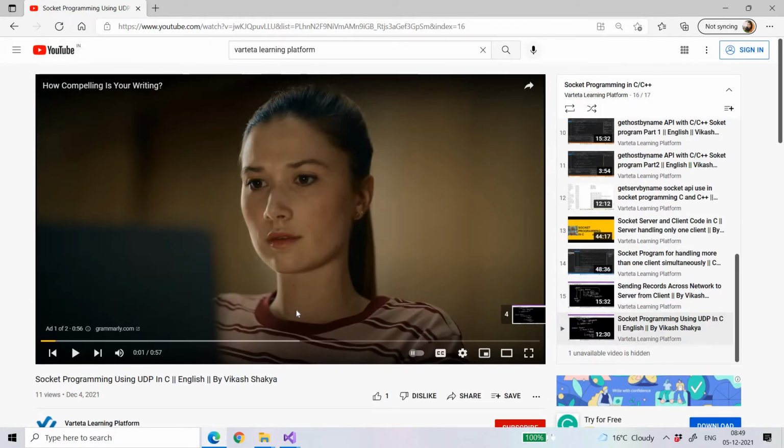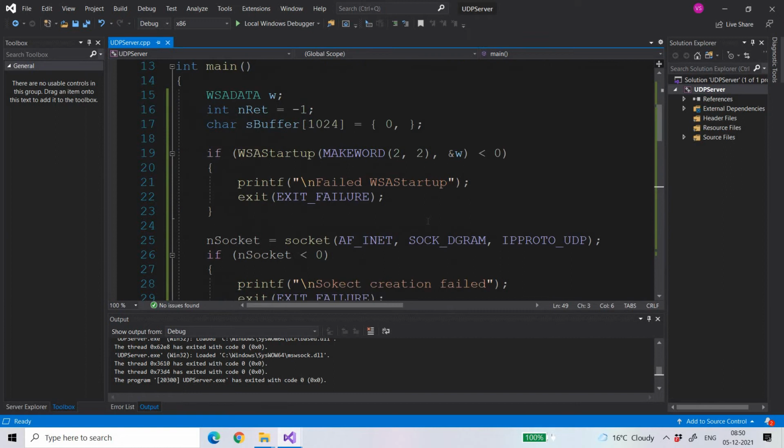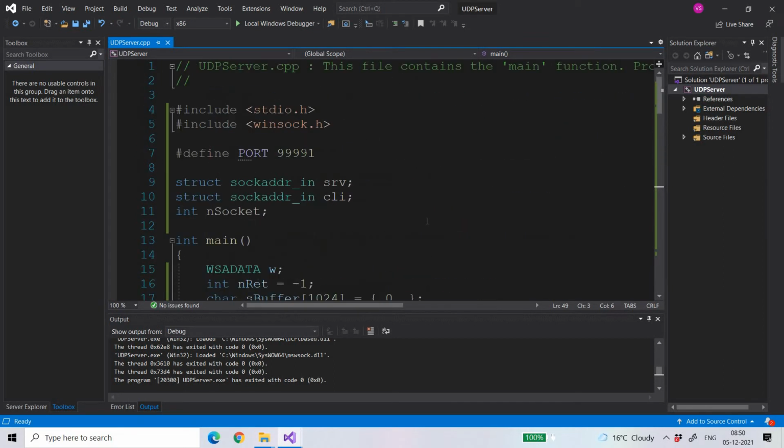Okay, so today I'm going to discuss the code implementation. In the previous video, we discussed how to create a UDP server and a UDP client, and what the communication model of UDP based servers and clients is. Today we are going to see how to write the code. I have already written the code and I will share it with you in the comment section. Let me explain it one by one.